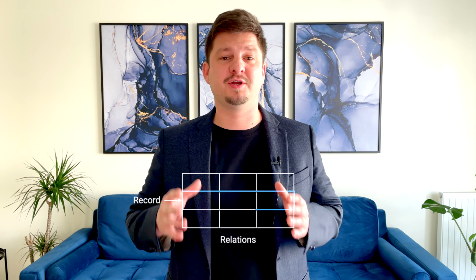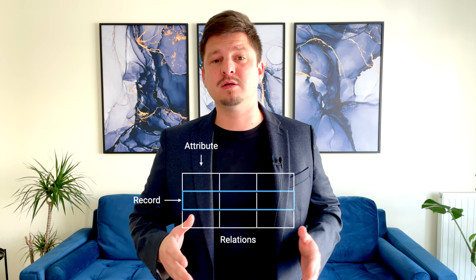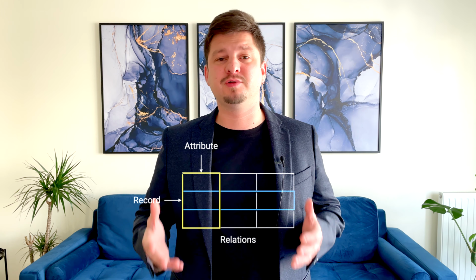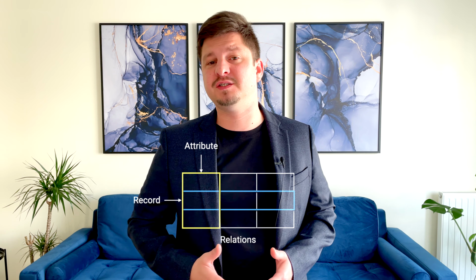A relational database is a type of database that stores and provides access to categorized data points that are related to one another. It is based on the relational model, which is a way of representing the data into tables called relations, where the rows of these tables are designated as records and the columns as attributes. A record usually represents an instance of an entity type, such as a product or a customer, whereas an attribute